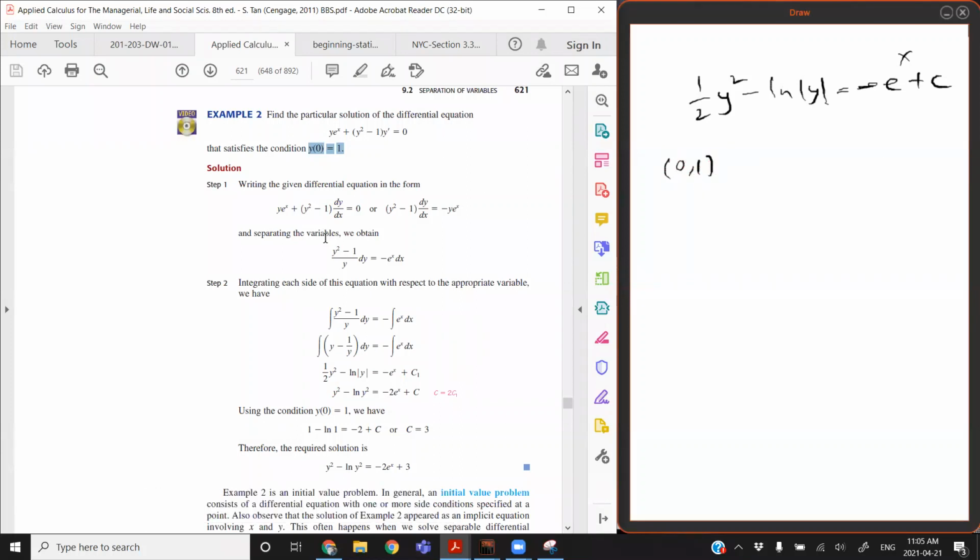Let's plug in 1 for y. We get 1/2 times 1 squared minus ln of absolute value of 1 is equal to negative e to the power of